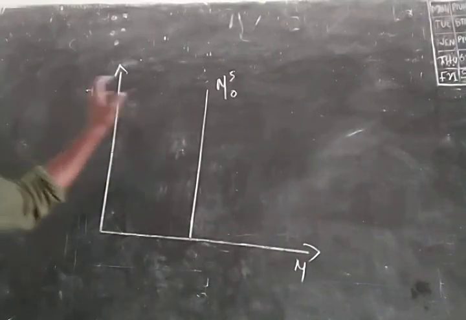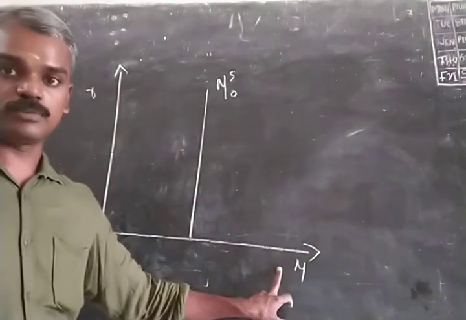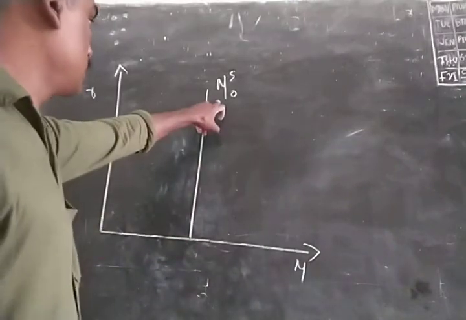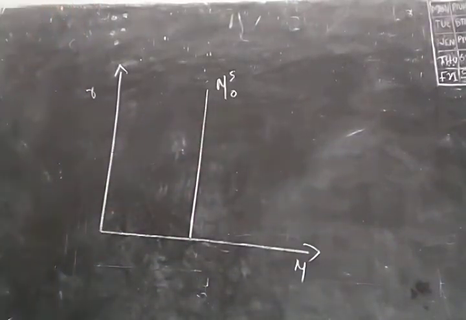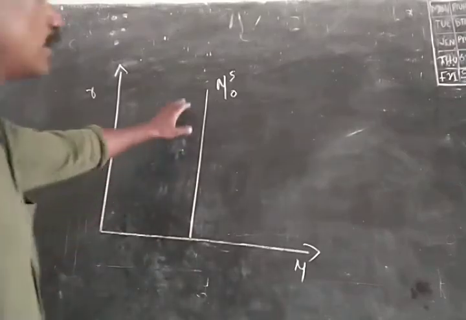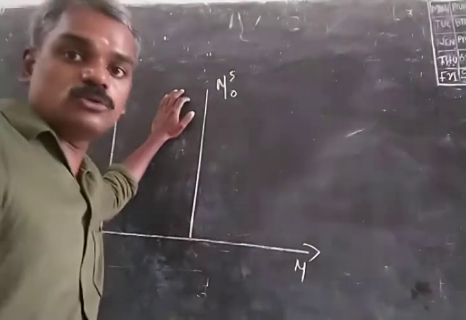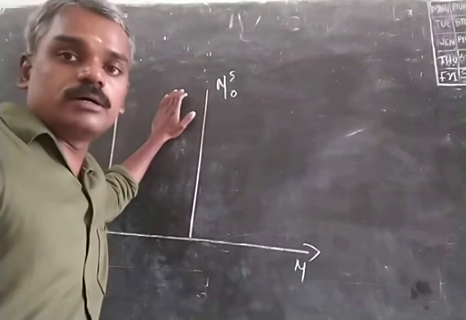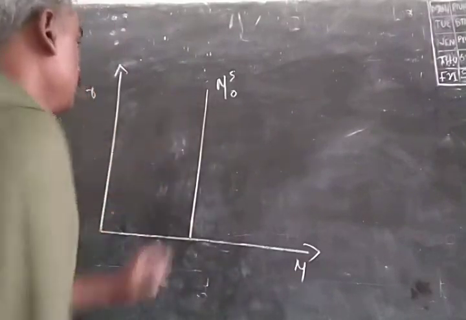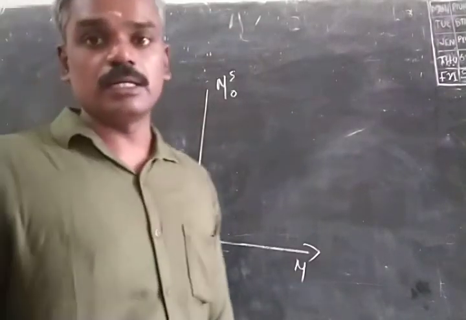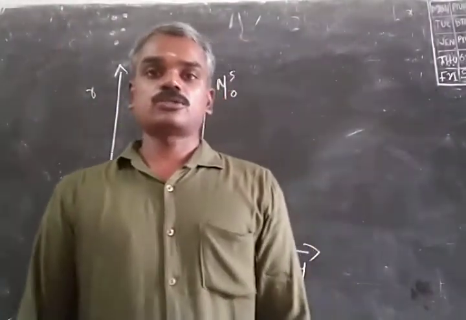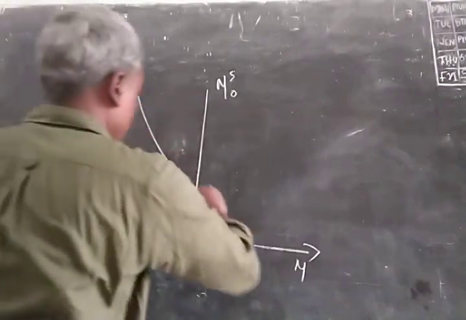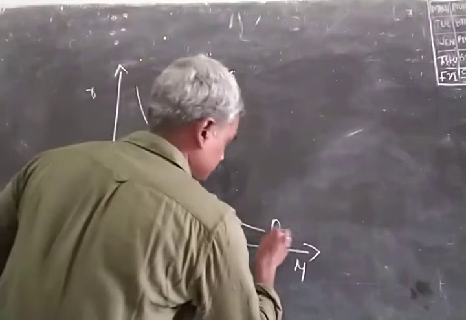Here we have the rate of interest, and here we have the quantity of money, whether it is demand for money or supply of money. And we know that the supply of money is exogenously determined by the central bank. Now we have to impose the demand for money curve on this. We know that it is inversely related to the rate of interest, so it should have a negative slope. So here we have the demand for money curve, which is negatively sloped.